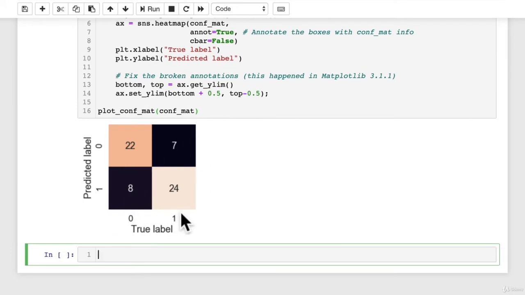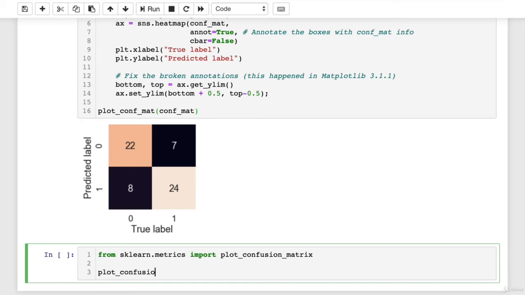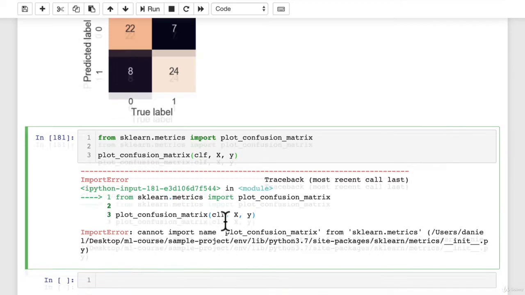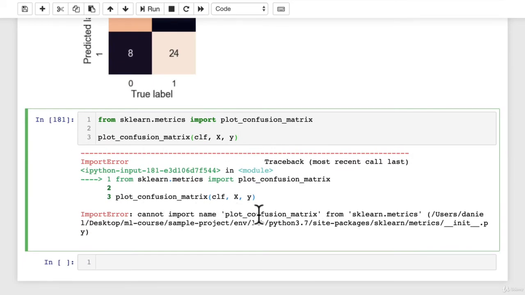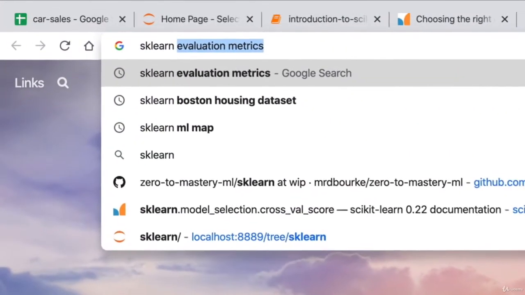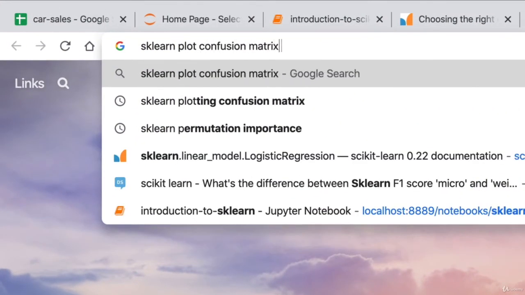You could customize this as much as you want, but that's essentially one of the best ways to visualize a confusion matrix. Now you might be asking, why did we jump straight to Seaborn instead of using scikit-learn? Surely they have a plot confusion matrix. And I thought the same thing too. But if we go from sklearn.metrics, import plot_confusion_matrix, then we go plot_confusion_matrix, pass it our clf. So if we look at this, cannot import name plot_confusion_matrix from sklearn. Why is that? So if we go here, scikit-learn, plot confusion matrix,